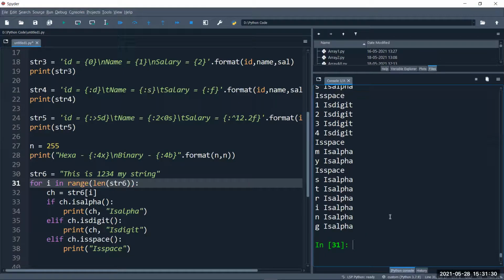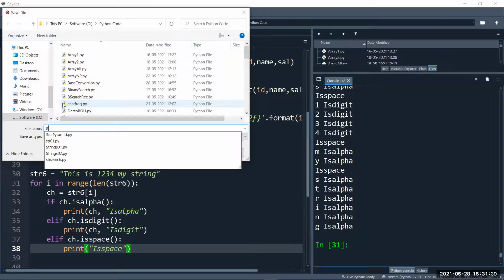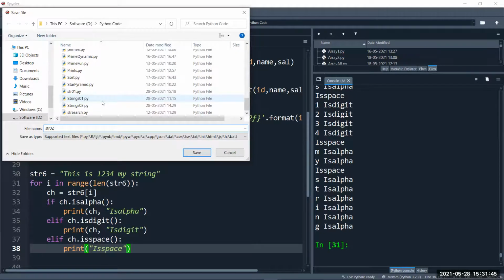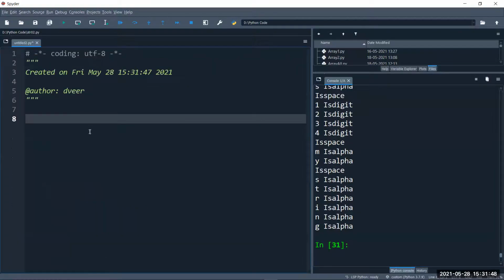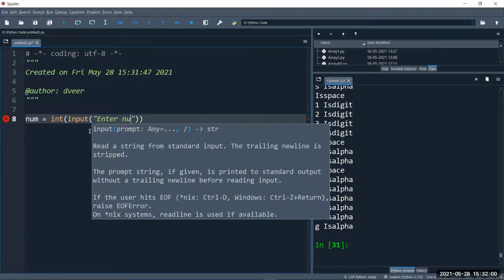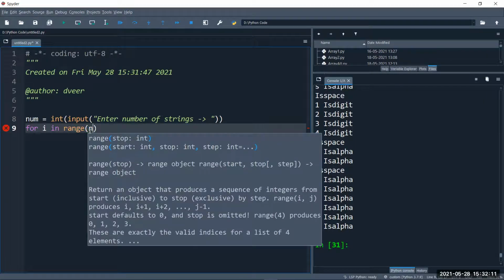Yes, sir. Two small topics more, then we'll wind up. Let me save this as str02. Okay, let's write the last program for today. Sorting and searching in strings, right? Num is equal to integer input, enter number of strings. For i in range